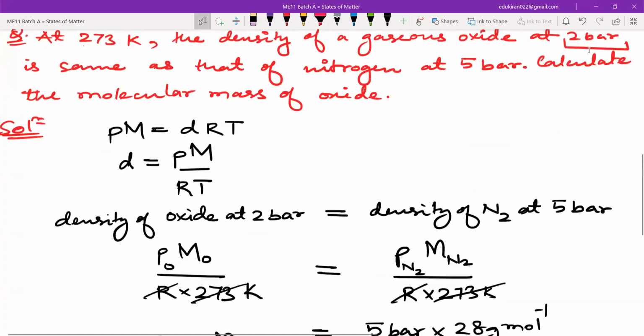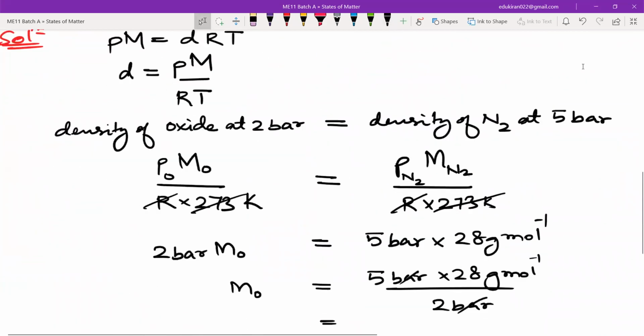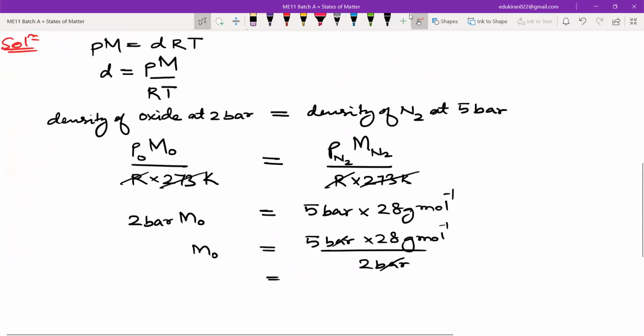Seemingly, when students hear this type of question, they are like, how to do it, what to do, nothing is making sense. But the crux of the whole thing is that you have to convert an English statement to a mathematical statement, and then you can easily get the answer. I can see Shravya has given me an answer. Yes, Shravya, I think that is correct. Write this down, guys. Tell me the answer in chat. What is the molecular mass of oxide?